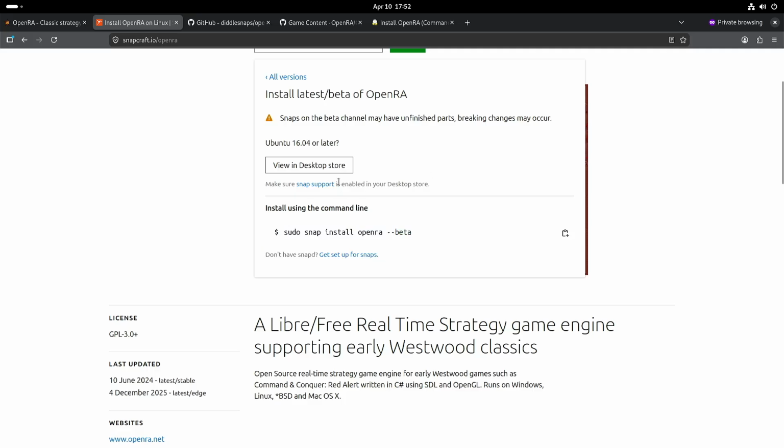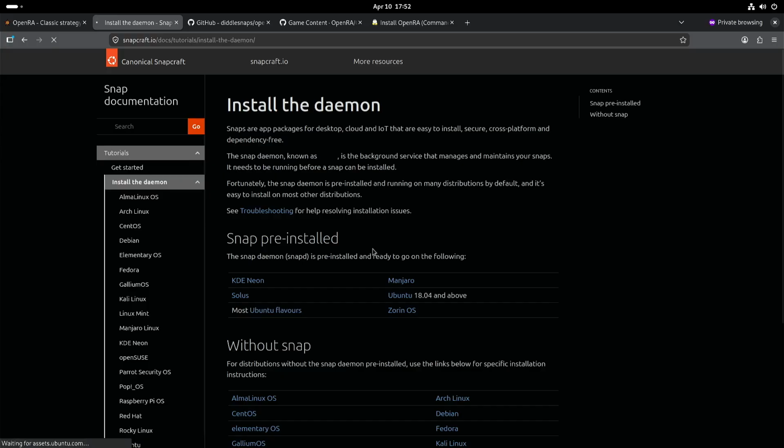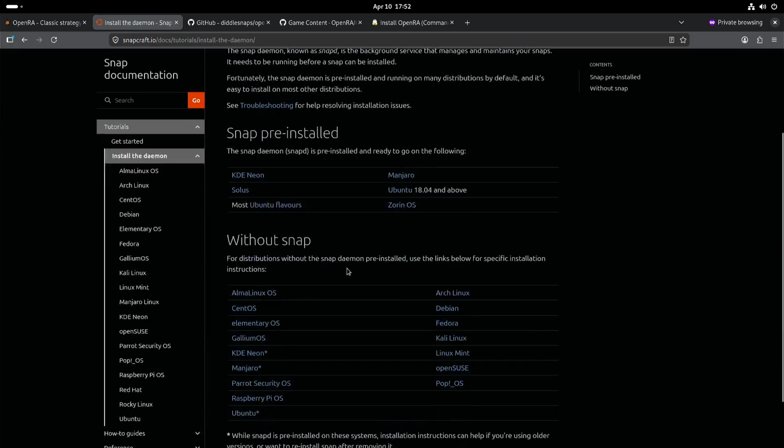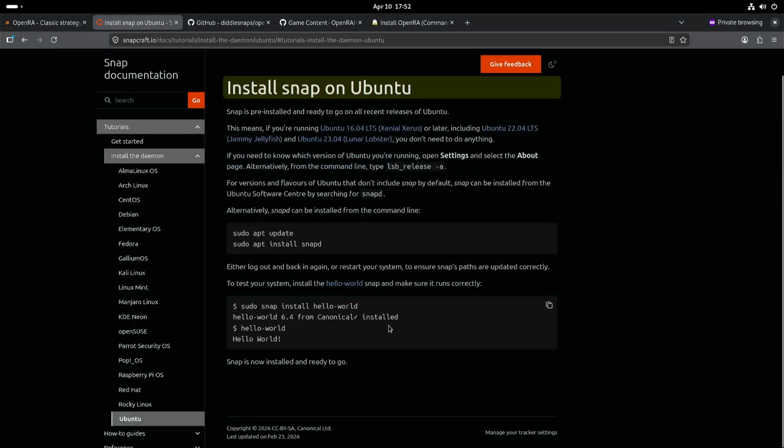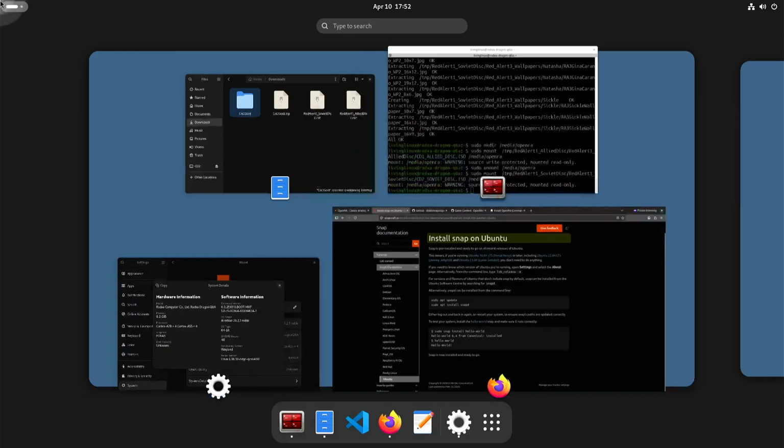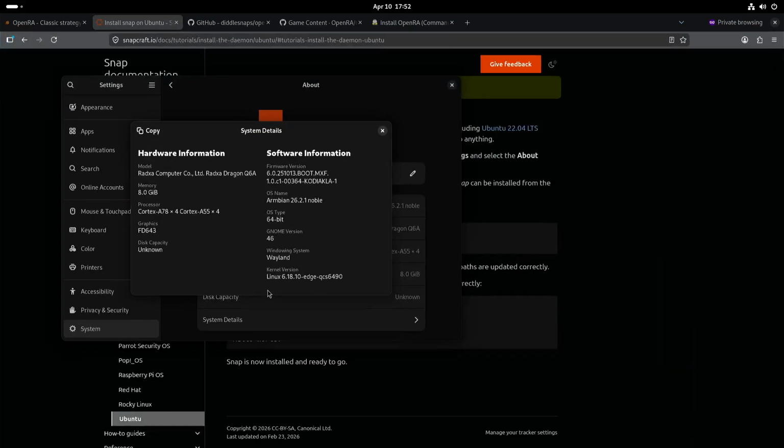And if you don't have Snap, then there are instructions to do that. So as I said, I'm running with the Radxa Dragon Q6A, Armbian 26.2,